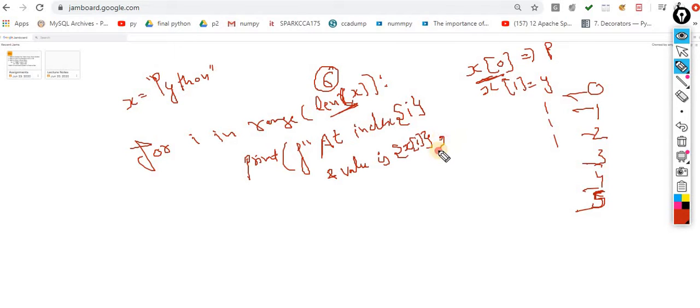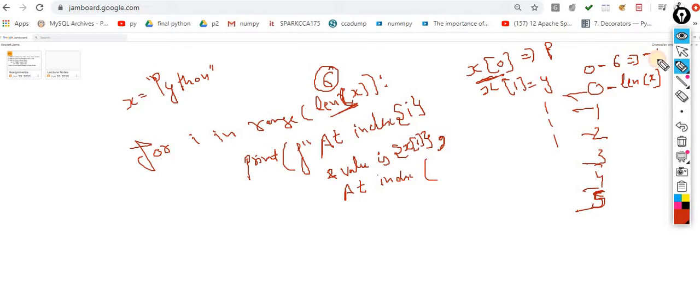For this I am adding a comma, so everything is in a single line, and this time I have to fetch the negative indexing. How can I fetch it? Very simple. The len of x is 6.